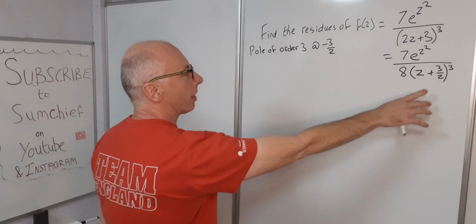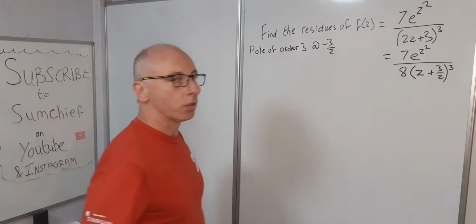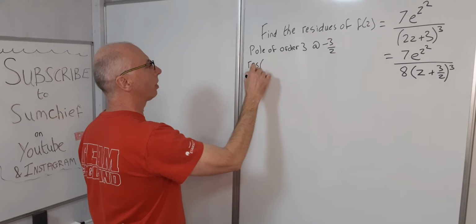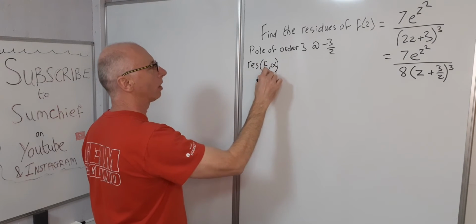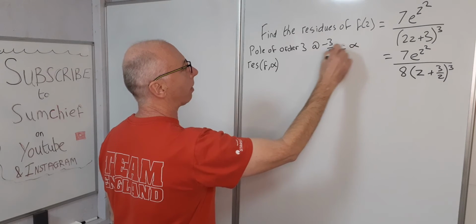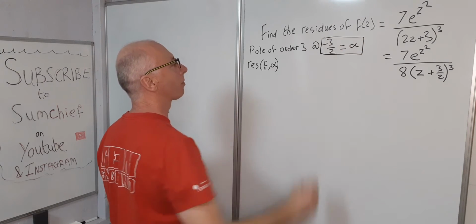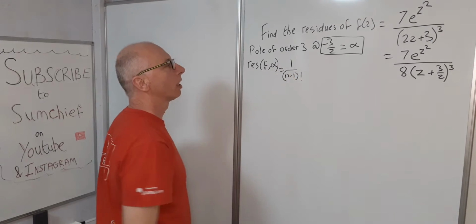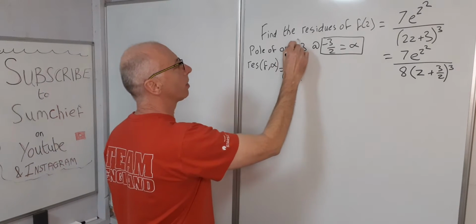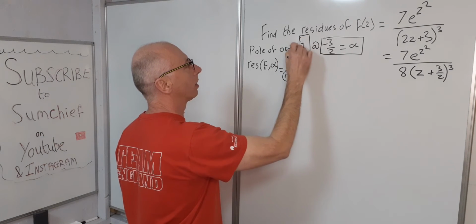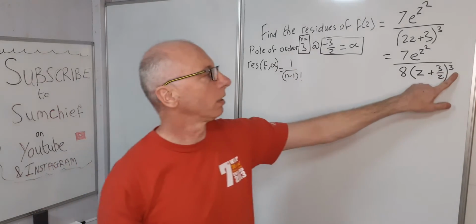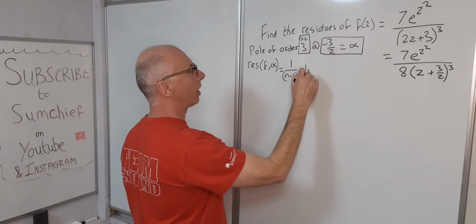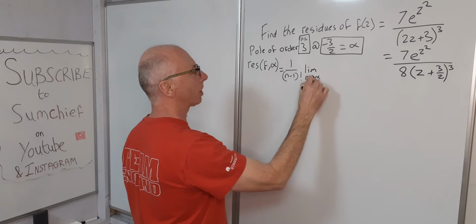Okay, as we've got a cube here, we need to use the derivative formula for finding our residues. So what we can say is the residue of f at alpha, where alpha is minus 3 over 2, equals 1 over (n minus 1) factorial. N is our 3, i.e. the order of the function here. So 1 over (n minus 1) factorial, multiplied by the limit as z approaches alpha,